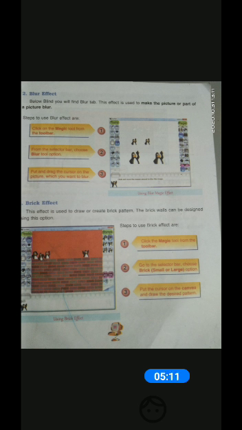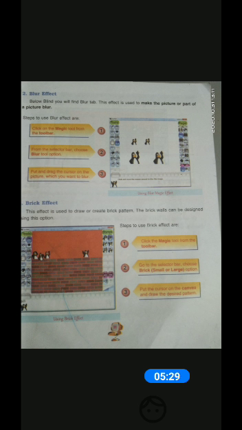Here are the steps to use the brick effect in the Text Paint drawing. The first is to click the Magic tool from the toolbar. Then go to the selector bar and choose the brick in the small size or the large size. Both options are available.